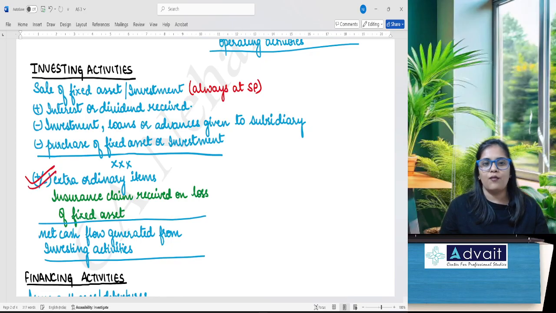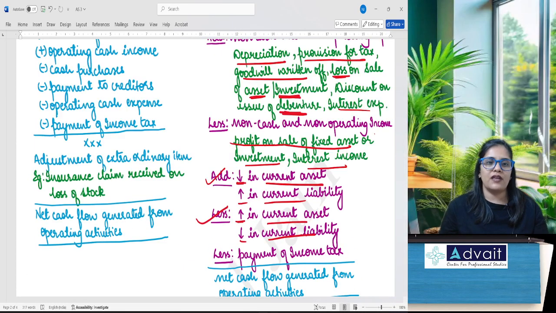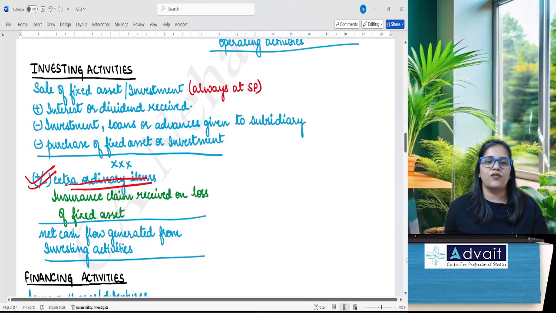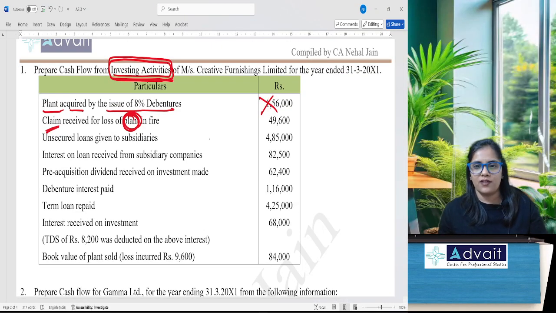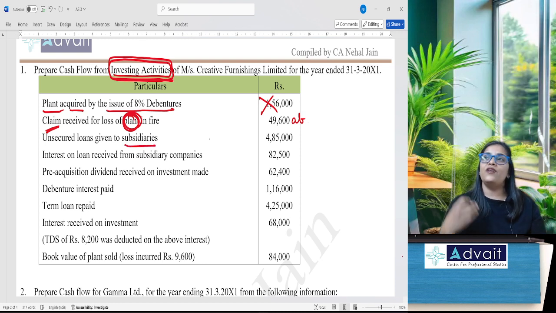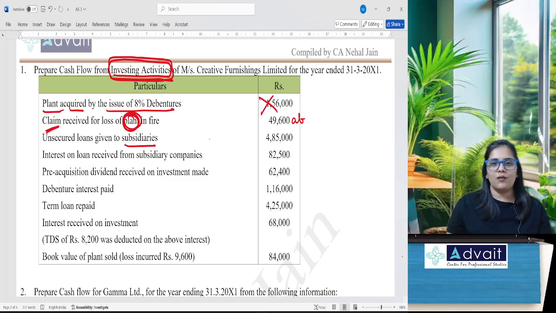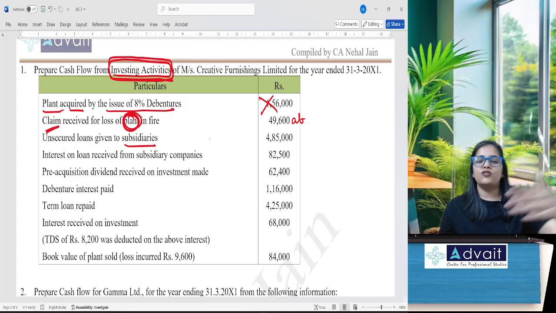You have to do the same adjustment of extraordinary item. How you did the same in operating activities, the same way you have to do in investing activities also. So yes, this will come as an abnormal item. Unsecured loan given to subsidiary. We are giving a loan to our subsidiary company. So our subsidiary company is obviously our investment, right? So yes, this will come. Now, since you're giving a loan, it is an outflow. So therefore, you should